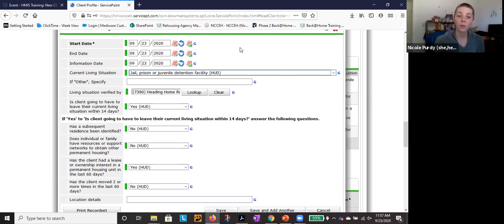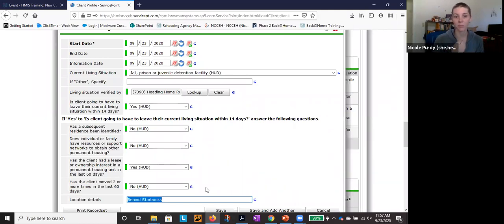And then also a note for location details. This could be a great thing for street outreach folks if there is a certain park or crossroads or something that your client tends to hang out at, you can add that here as your detail. It's a text box, so you can make it whatever. If they hang out at the Starbucks on the corner of 5th and Main, or whatever, this could be a great